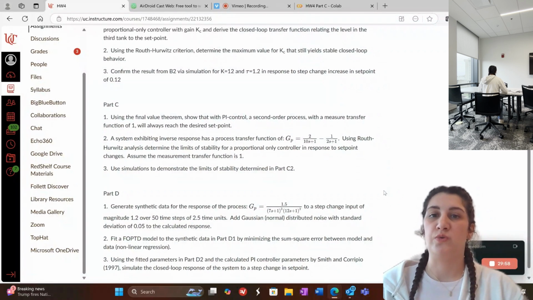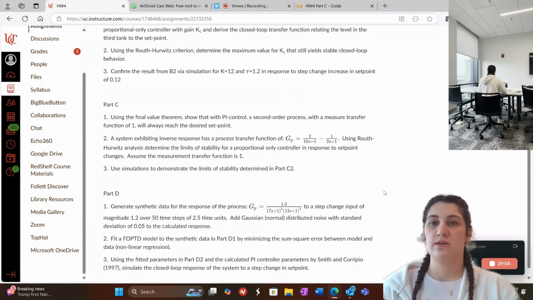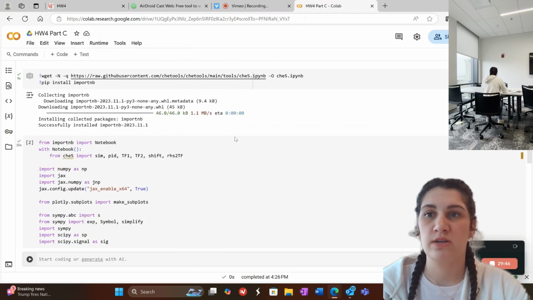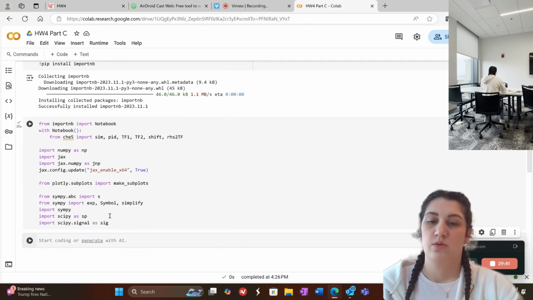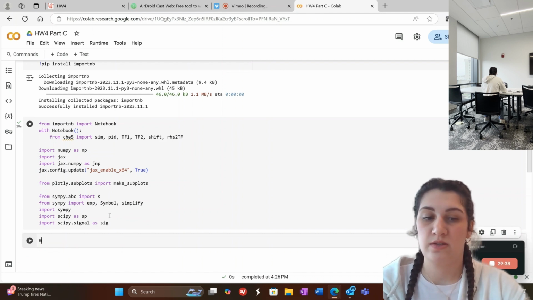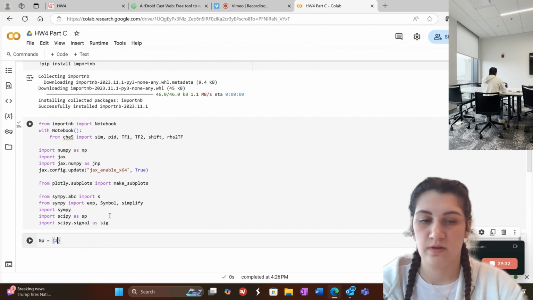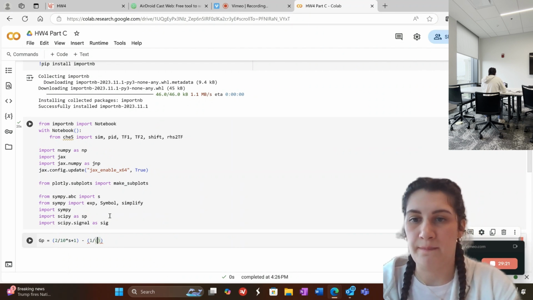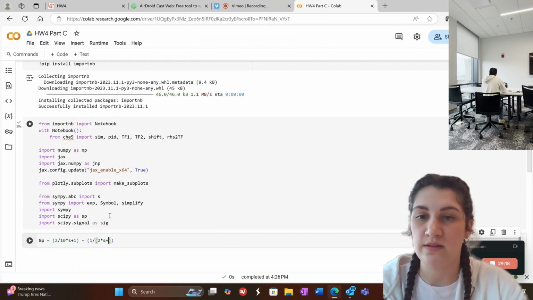Next, we can move on to Part 3, which states, use simulations to demonstrate the limit of stability determined in Part C2. So we can go over here to Google Colab, where I've already imported our template. So we can start by putting in our process. So GP was equal to 2 divided by 10 times S plus 1 for process 1, and then process 2 was 1 divided by 2 times S plus 1,